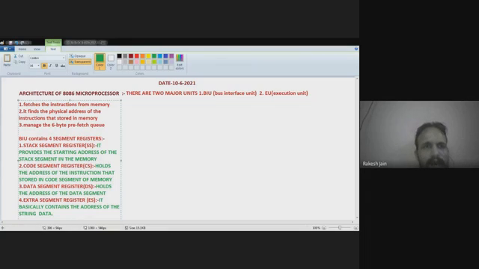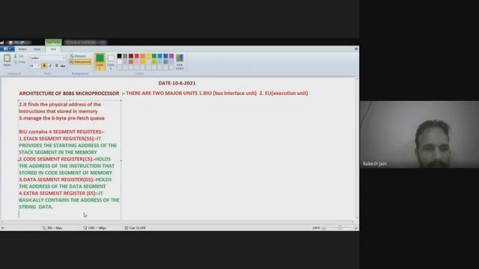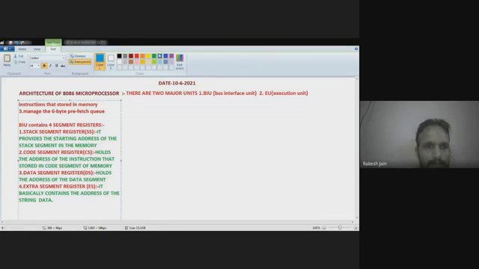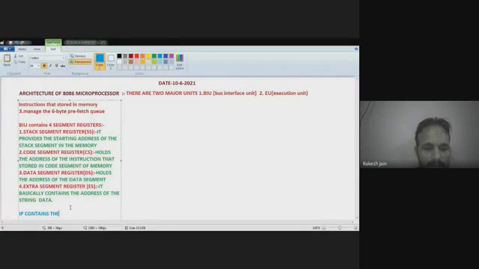Apart from these, the IP is also present, right? That is related to the 6-byte data queue, as I have already mentioned. The IP contains the offset address of the next byte that is to be taken from the code segment. I will write down the IP here in blue color. IP contains the offset address of the next byte.